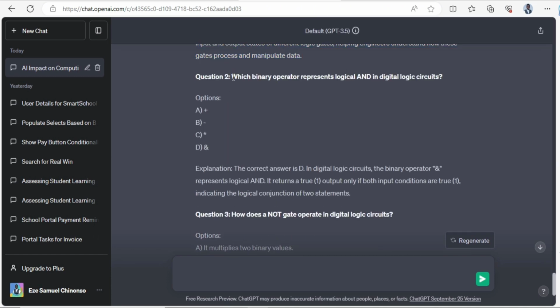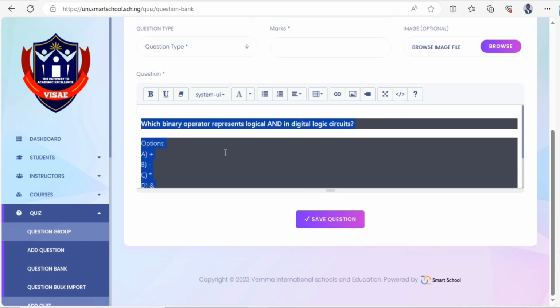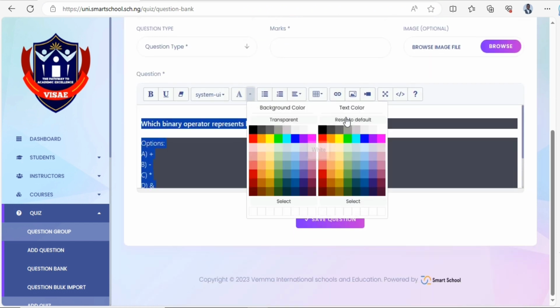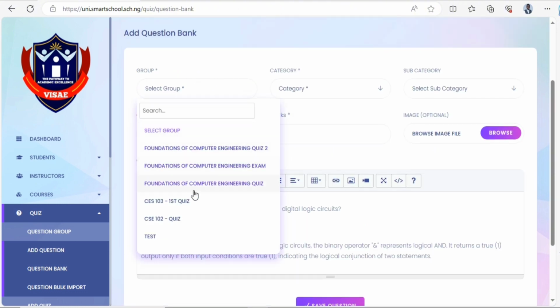So the number 2 question: which binary operator represents logic and in digital logic circuit? And is, I don't know. I think D. Okay, star. So let me copy out this and paste everything here, and I'm just trying to cut down the time that I'm spending on the question group. Faculty of